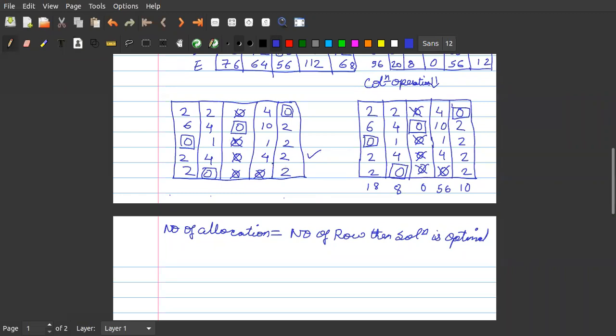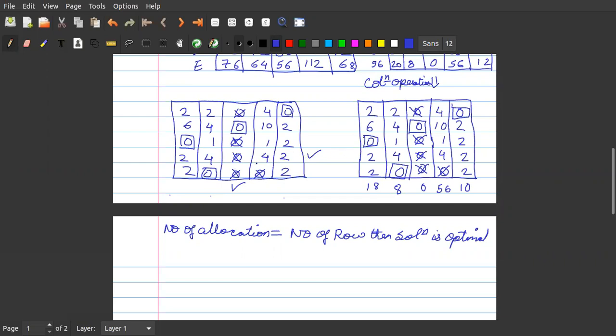In that row, we will see where there is a 0. So this is the 0 which is crossed. Okay, so if this is crossed, we will mark a tick here, in that ticked row. How to tick a row? First is to tick the row in which there is no allocation. So in this, there is no allocation, so we will tick this row.